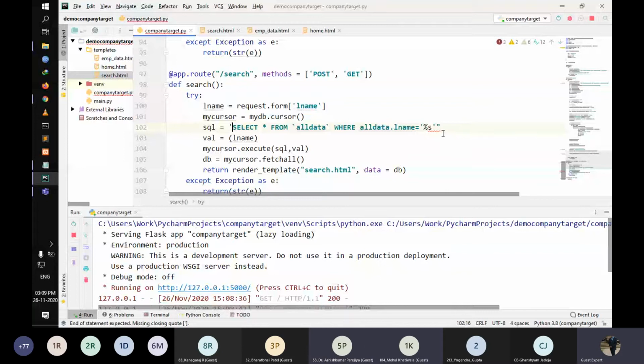Vishal bhai, the best way is we can use the formatter parameter, the Python formatter. Curly bracket, curly bracket, this, and dot formatter. No, only a single curly bracket.